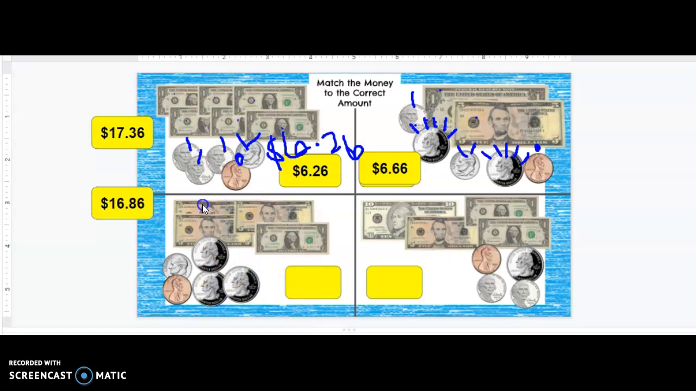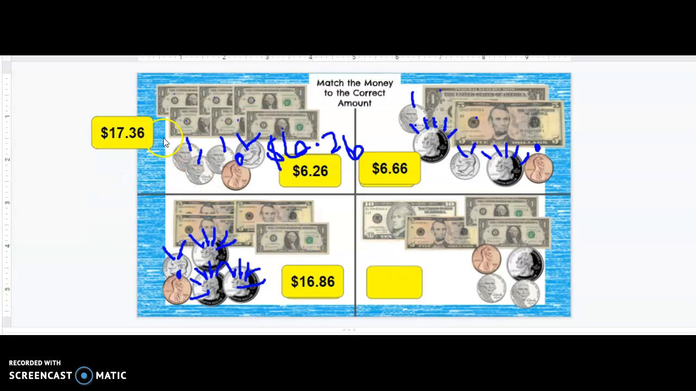This is 5, 10, 15, $16. And then I'm going to put my hairs on my coins before I start counting. 1, 2, 3, 4, 5. Okay, let's start counting. 5, 10, 15, 20, 25, 30, 35, 40, 45, 50, 55, 60, 65, 70, 75, 80, 85, 86. So I have